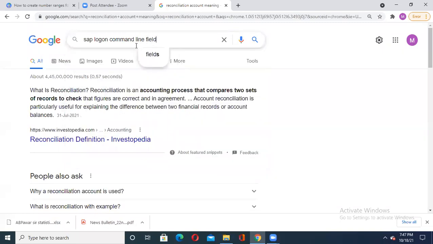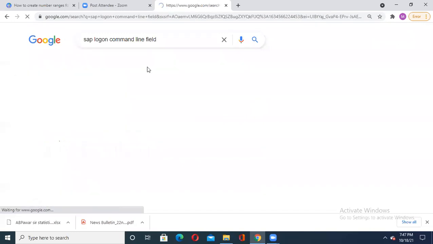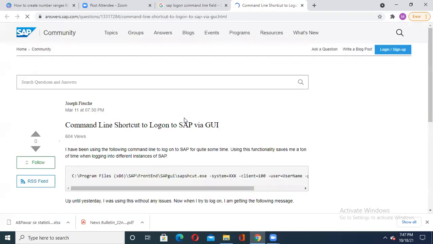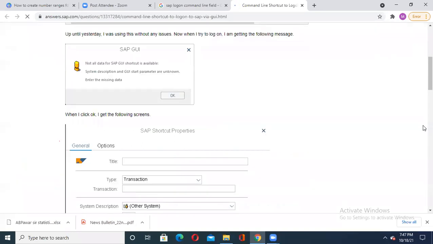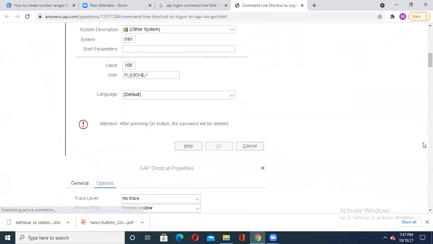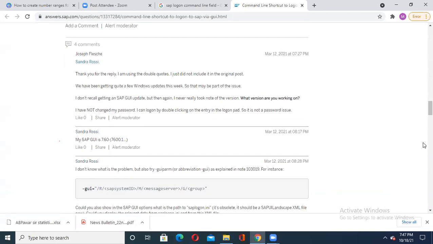Just for your study, I'm just showing it. See here, the command line shortcut to log on to SAP via GUI.